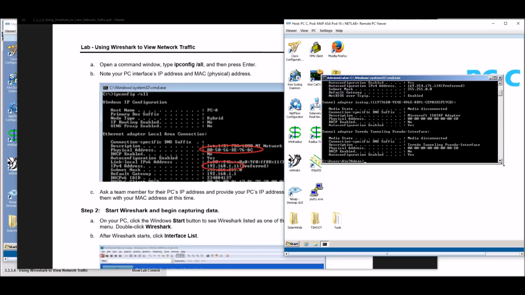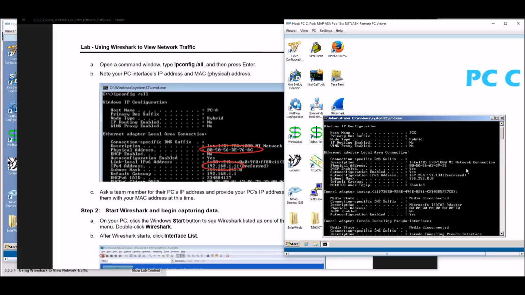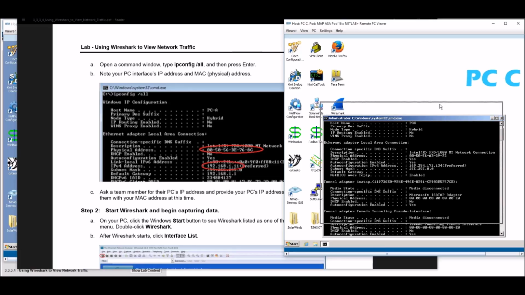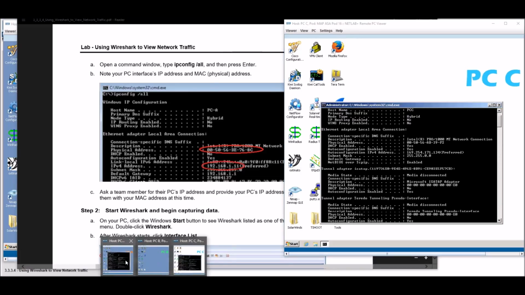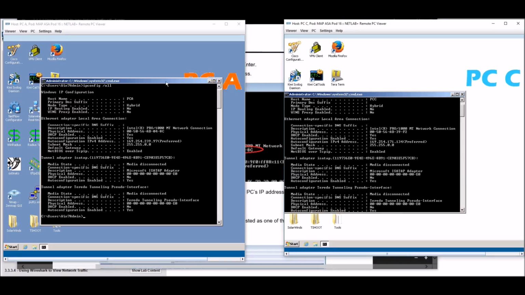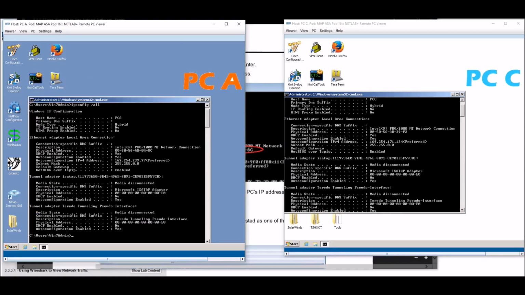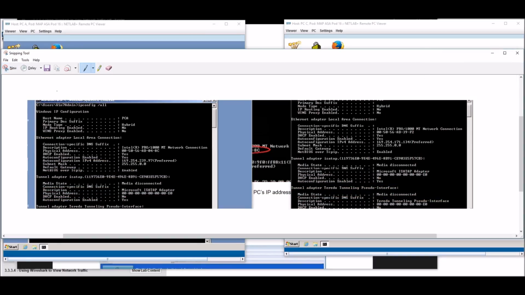And I'm going to show you a trick that I do on this once I get this done. And I'm going to scroll back up. And so I've got this one on here. And I've got PCA there. And I've got them together kind of close. And I've got them where I can see both screens. And then I'm just going to do a snippet on both of those. Actually, let me redo that.